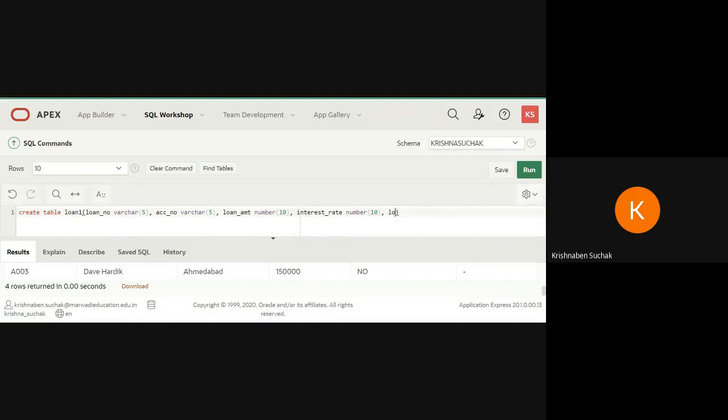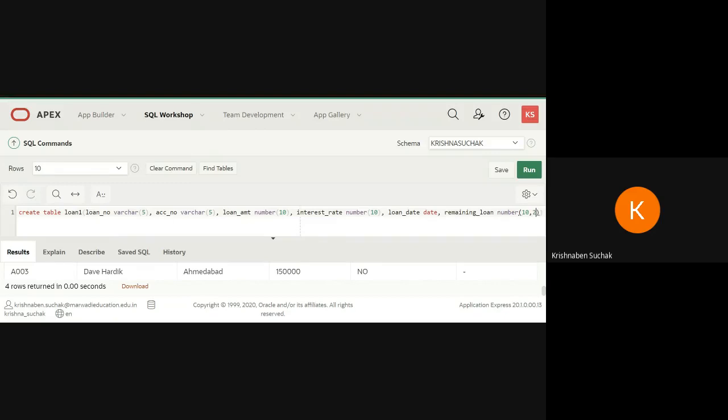Then loan date. Data type is date. In data type date, we don't need to specify the size. It will take it by default. And remaining loan, data type is number, and in brackets we write 10, 2.